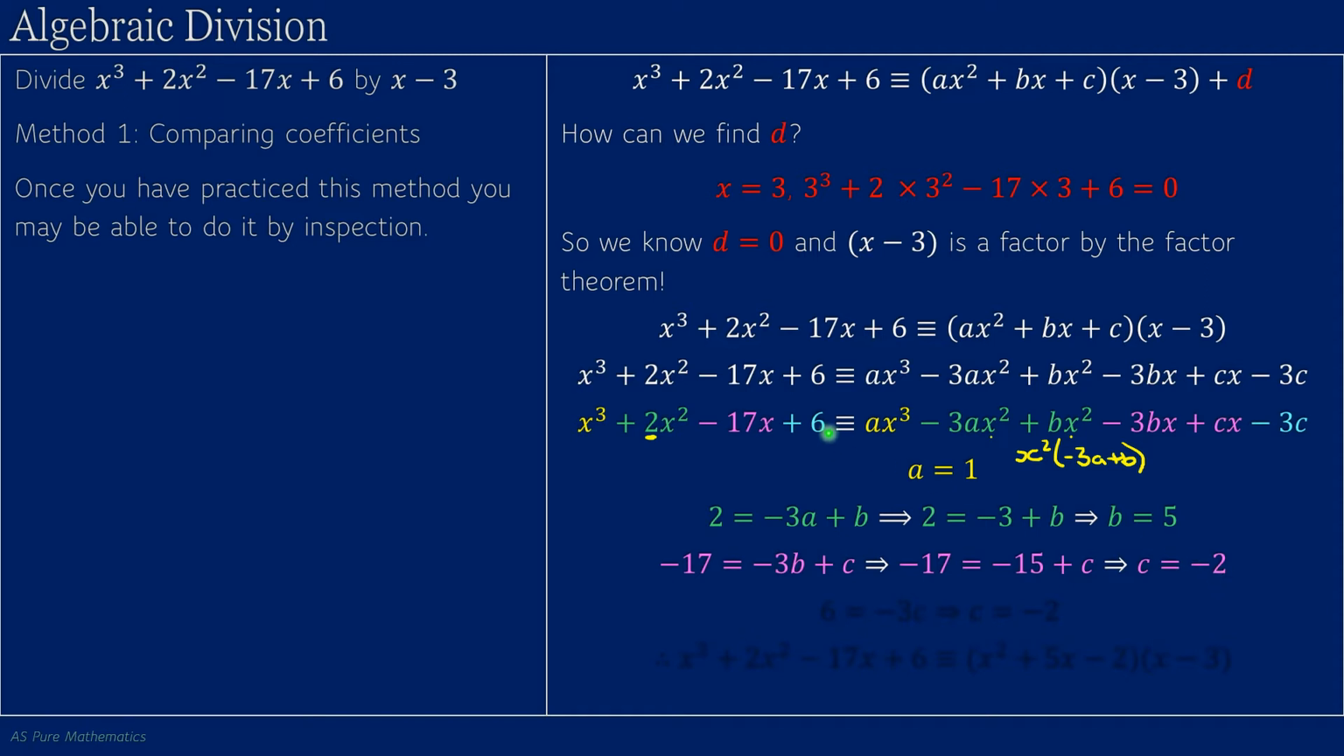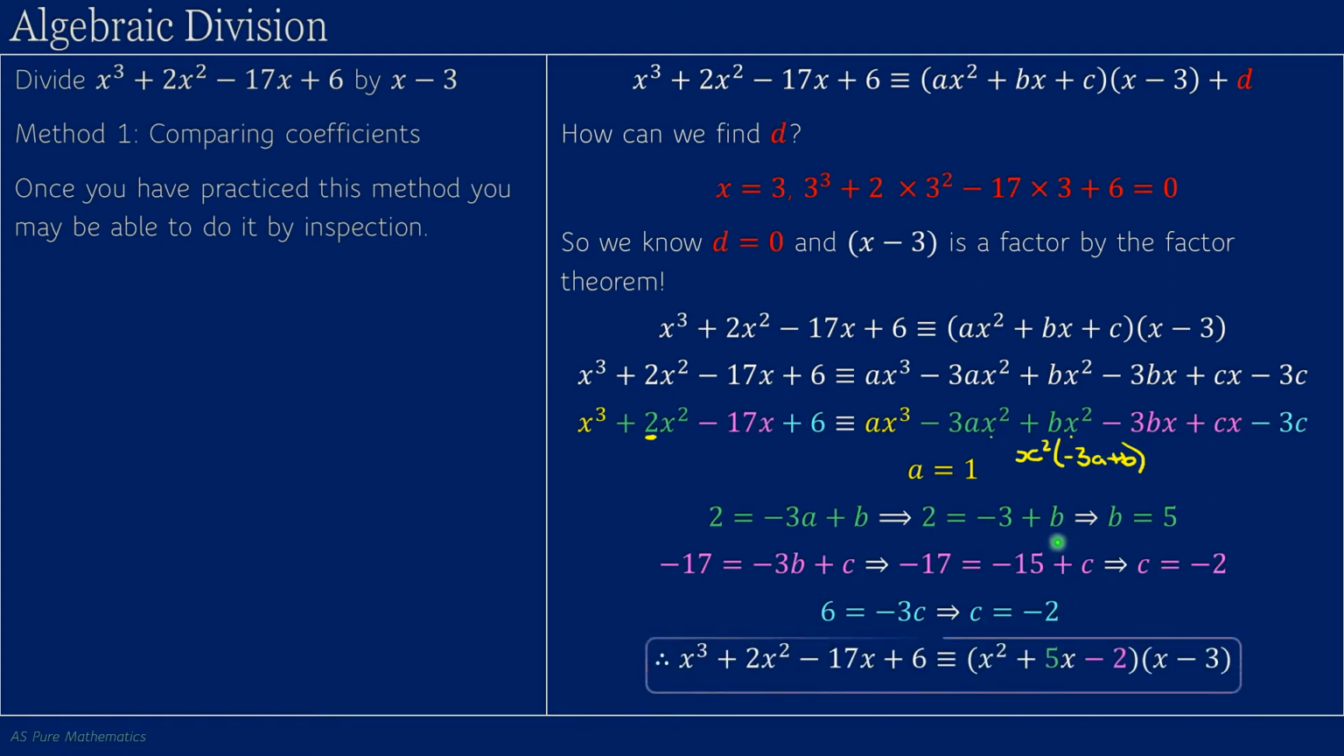And then finally, we can check that this bit works. So when I substitute c equals minus 2 into here, I end up with 6. And therefore I can check that that's worked. I've got c equals minus 2 again just by comparing the constant coefficients. Therefore, we have